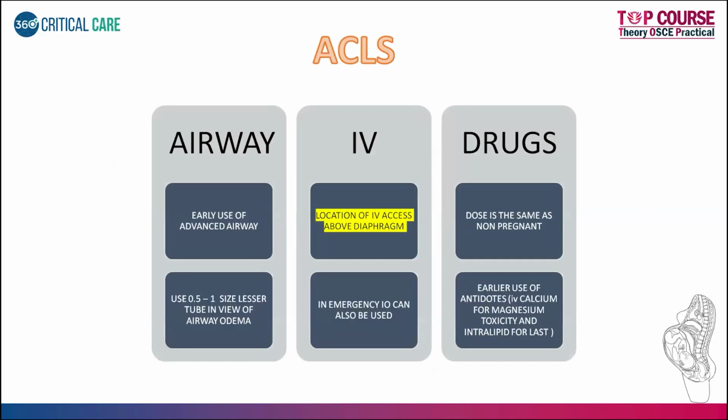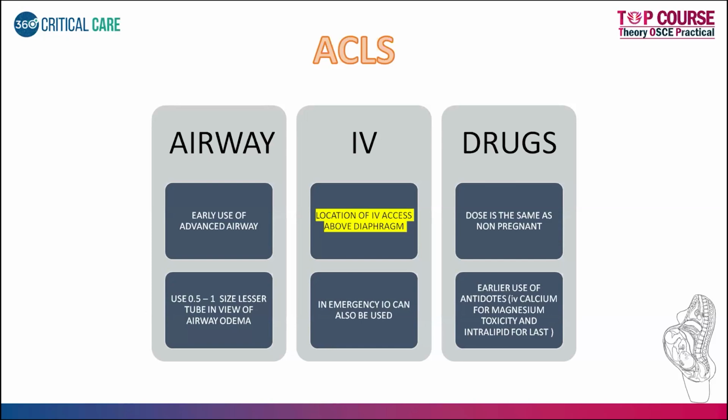Okay, in these patients, I spoke about airway. The next important thing, airway and breathing, is majorly covered. Okay, so the most important thing I told you, don't use a nasopharyngeal airway. The other one is tubes. I told you multiple sets you have to have. Better to use 0.5 to one size lesser as compared to a non-pregnant person. Okay, usually what they say is use around 7 for an adult well-built lady. Otherwise 6.5. It depends on the patient again. Okay, so this is one thing about the airway. Keep a smaller size to avoid trauma. That is a major take-home point for airway.